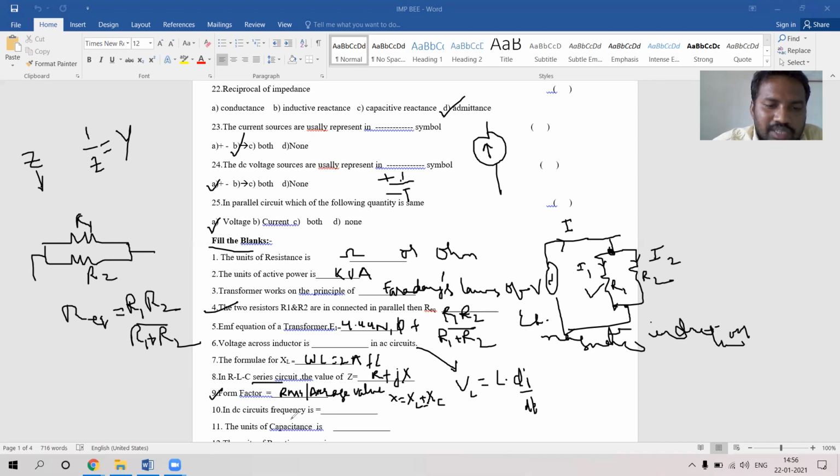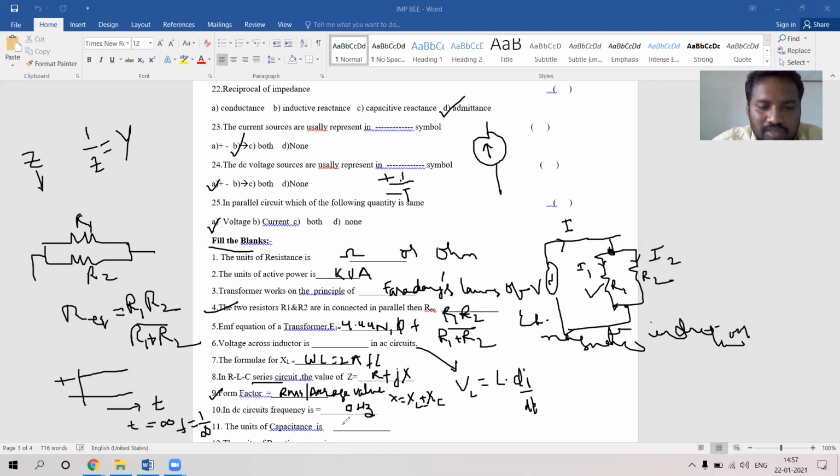Now coming to DC circuits, what is the frequency? We know that here this is the time and this is the magnitude. See here, it is always constant, unidirectional in a DC. Always constant means t is infinite. As t approaches infinity, it is constant only. F is equal to 1 by t. 1 by t is 1 by infinite, which is 0. In a DC, the frequency is 0 hertz.